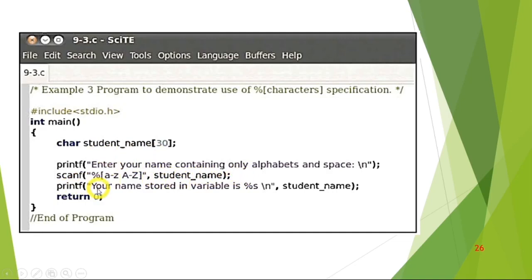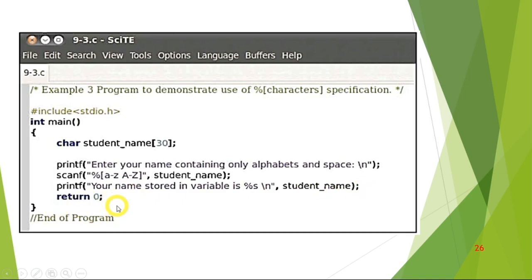Now printf, your name stored in a variable is %s, because it is a group of alphabets, so %s is used, backslash n, comma student_name. Now return 0, end of the program.